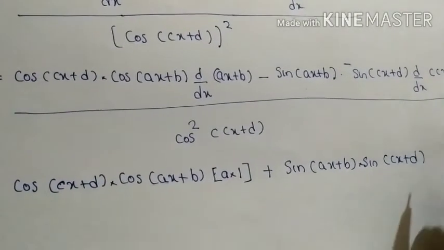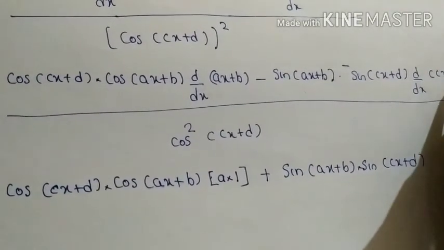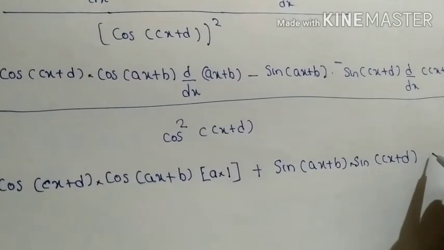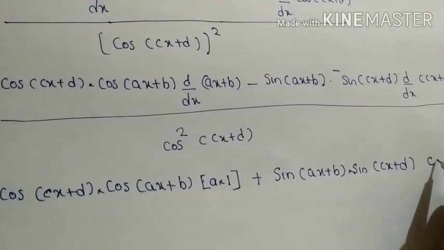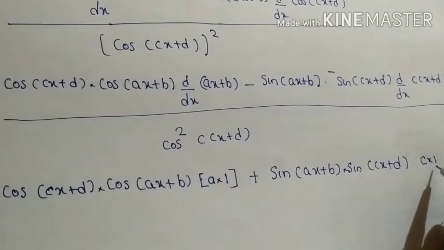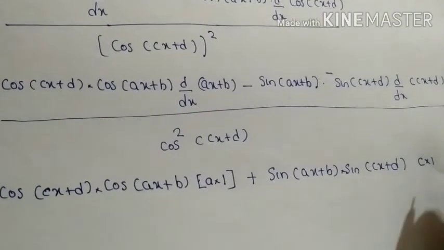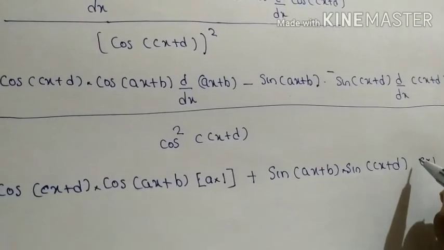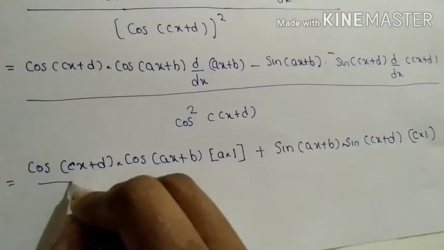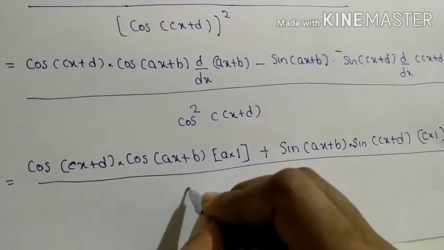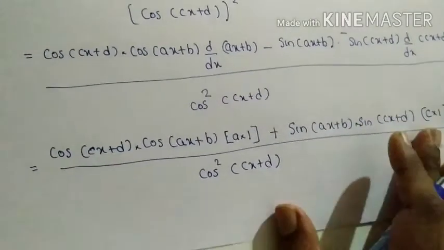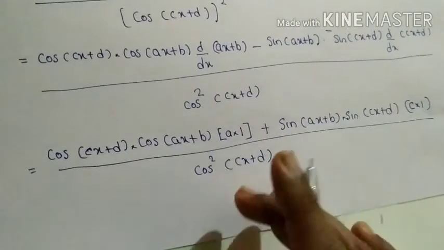Next we need to find the derivative of cx plus d. Similarly, derivative of cx: c is a constant, derivative of x is 1, c into 1 is c, and derivative of d is a constant, derivative of a constant is 0, so c into 1 alone here, we write c into 1 alone, whole divided by cos square of cx plus d, which will be further equal to,